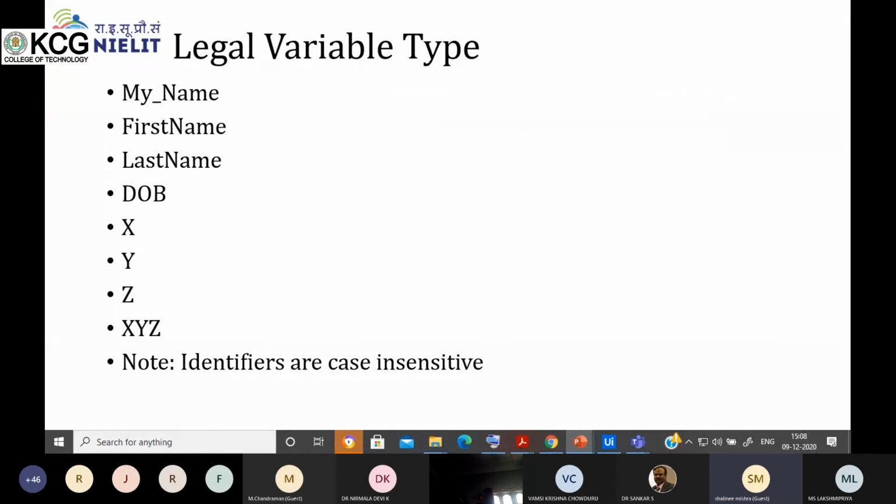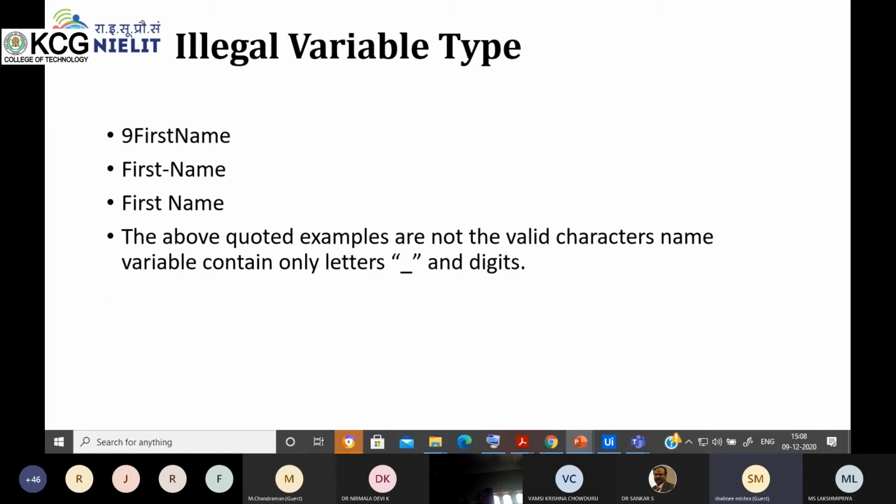Now the legal variables, meaning the variables which are accepted. Suppose I create this underscore sign, my underscore name, so this is a legal variable. The FirstName variable is in camel case, so this is also accepted. LastName, DOB, all these are accepted or legal variables. What are the illegal variables? You cannot start any variable with a number.